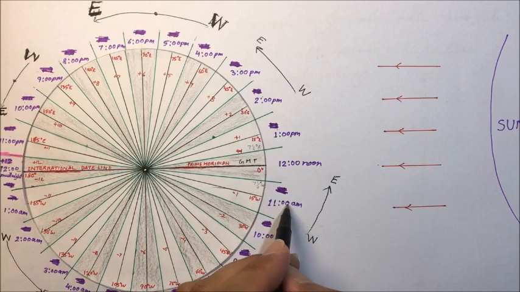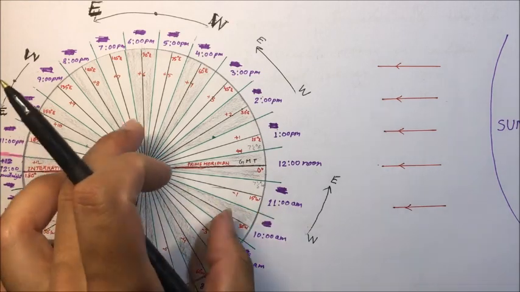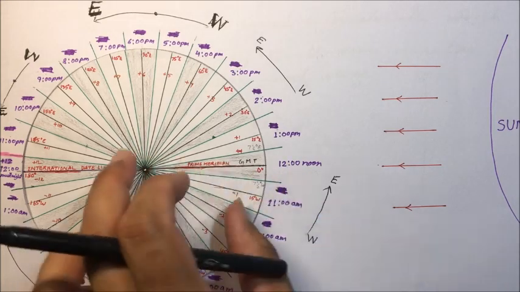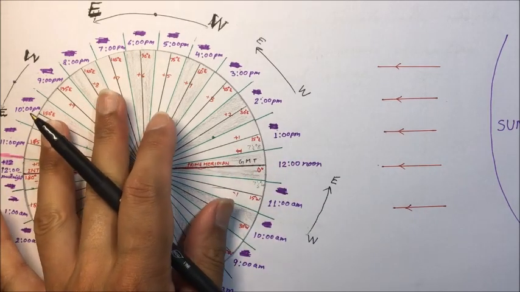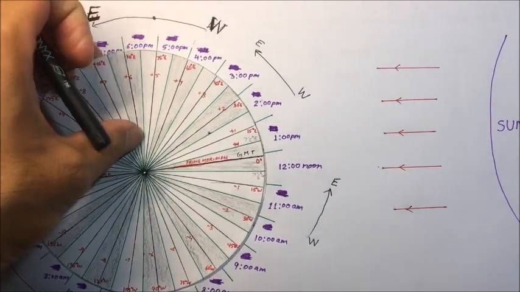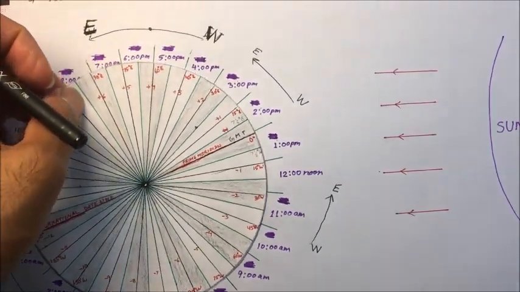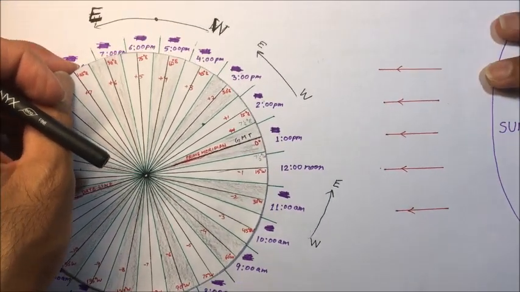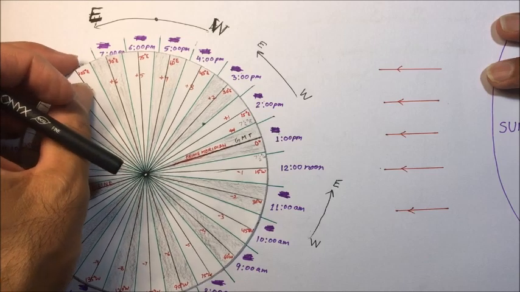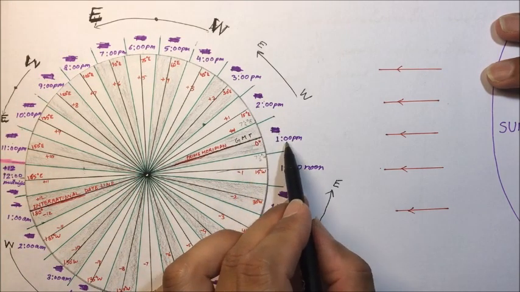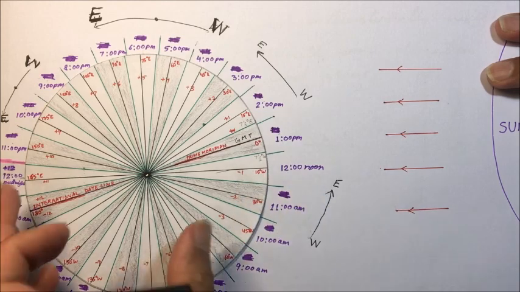Now see, if we move westward, we have to decrease the time. For example, in this zone, we have to decrease it, so it will be 11 a.m. That is, after 1 hour, here will be the noon. After 1 hour, here will be the noon. So GMT time will be 1 p.m., and here if you take the time 1 minus 1, it is 12 noon.